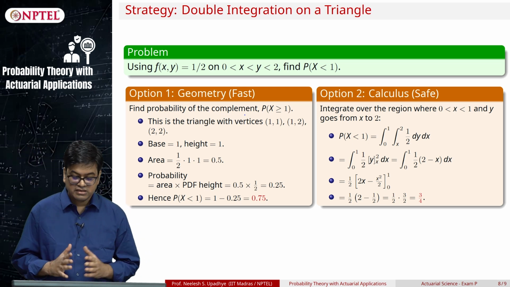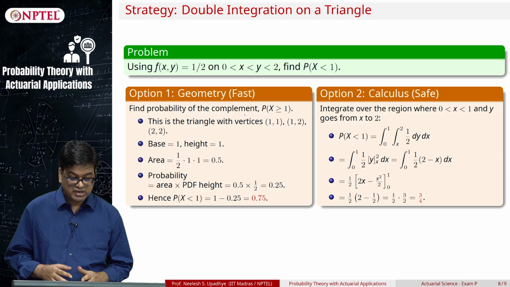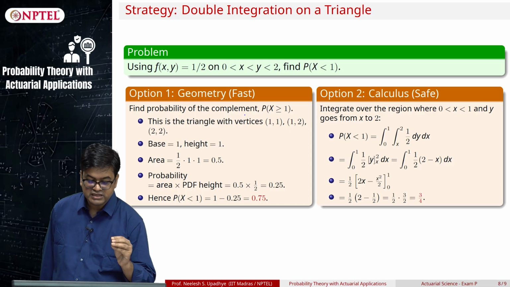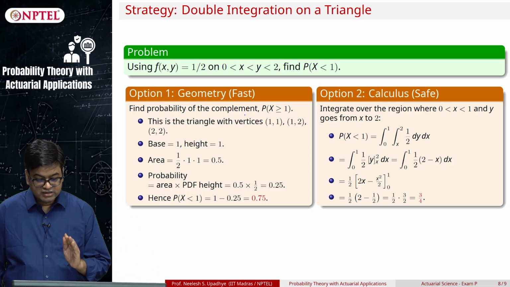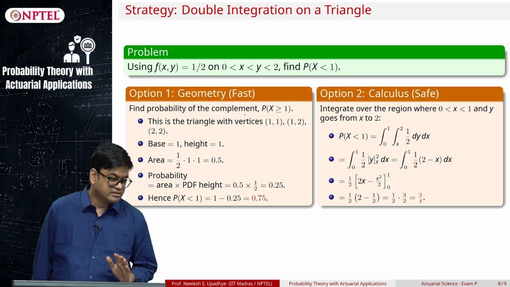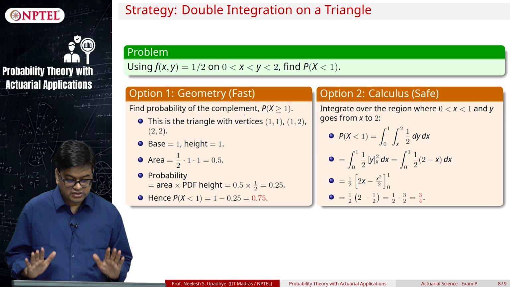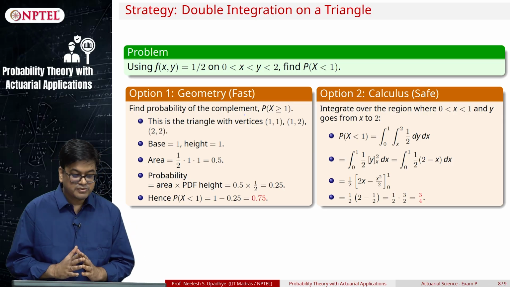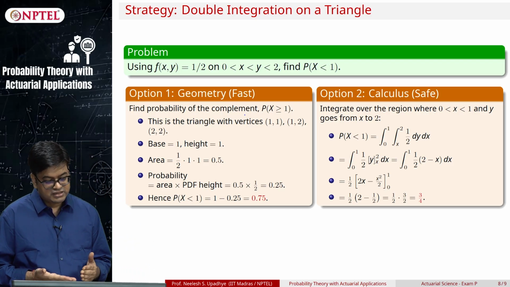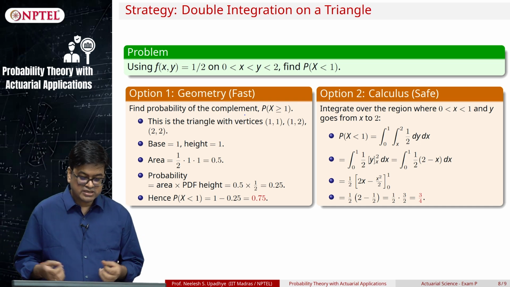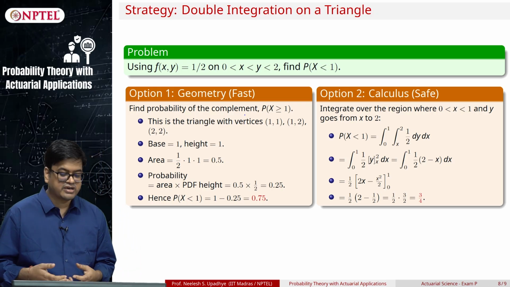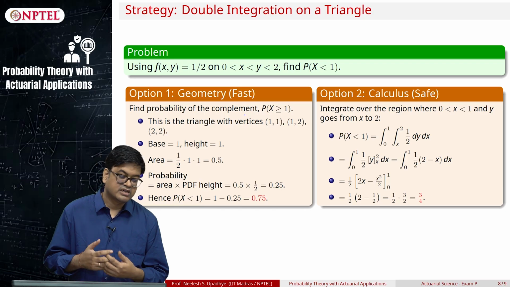Both answers are matching and both answers are correct. However, the fast method can be tricky sometimes if your density is coming in some complex form. The calculus method is a safe method if you have a good handle on integrals. Okay. So, this is what you should always look for. So, we have covered a lot now. We started with continuous density, we looked at joint density, we evaluated that constant C, and then we figured out how to calculate these probabilities given the joint distribution.